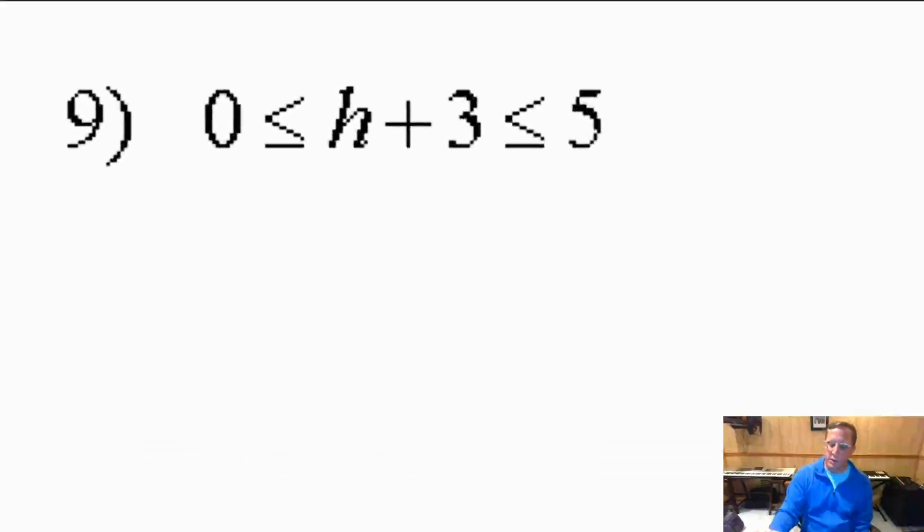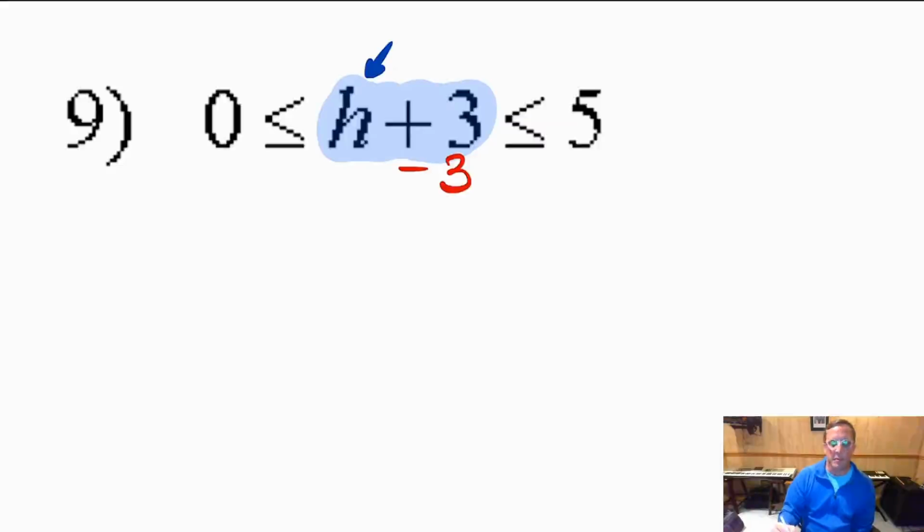And what you want to do for these is you want to focus on the middle part first. You ultimately want to get the variable by itself. We want h to be the only thing that's in the middle there. So we're just going to apply inverse operations to the plus 3. So the inverse of plus 3 is minus 3. So when we take away 3,